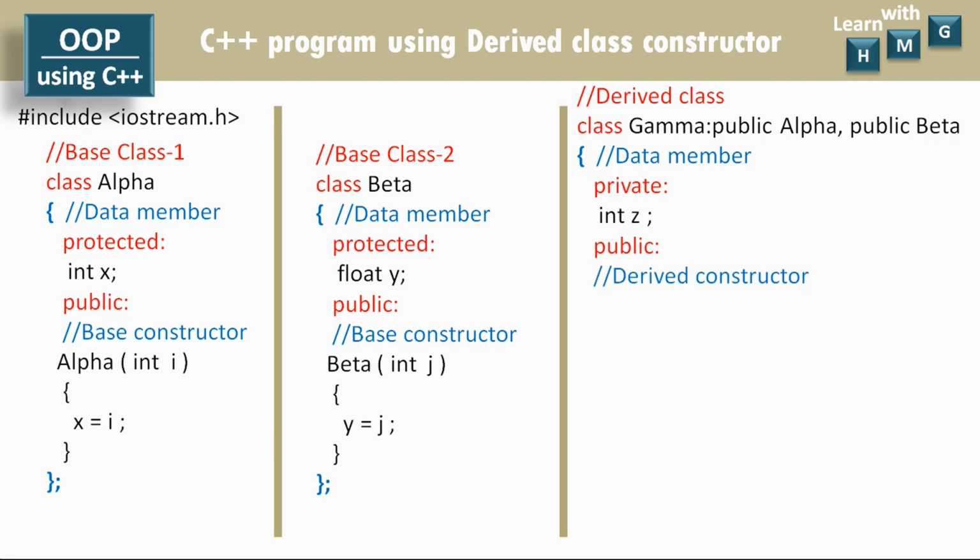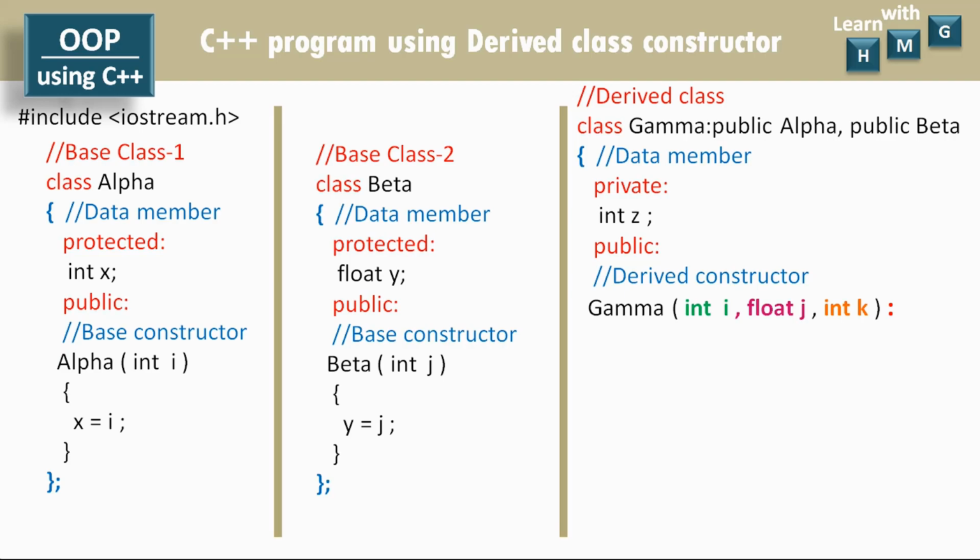In the public section, now I am going to define the derived class constructor as per the syntax which we have studied. Gamma is the name of the constructor because the class name is gamma. Now here is the argument list, three arguments in three colors. Green color indicates the argument of base class 1, that is alpha. Float j, this violet color argument, I am going to use for the beta class constructor, and k, this is the third argument, I am going to use for the gamma constructor within its body itself. So like this, the distribution of these three arguments will be there, and at the end there is a colon.